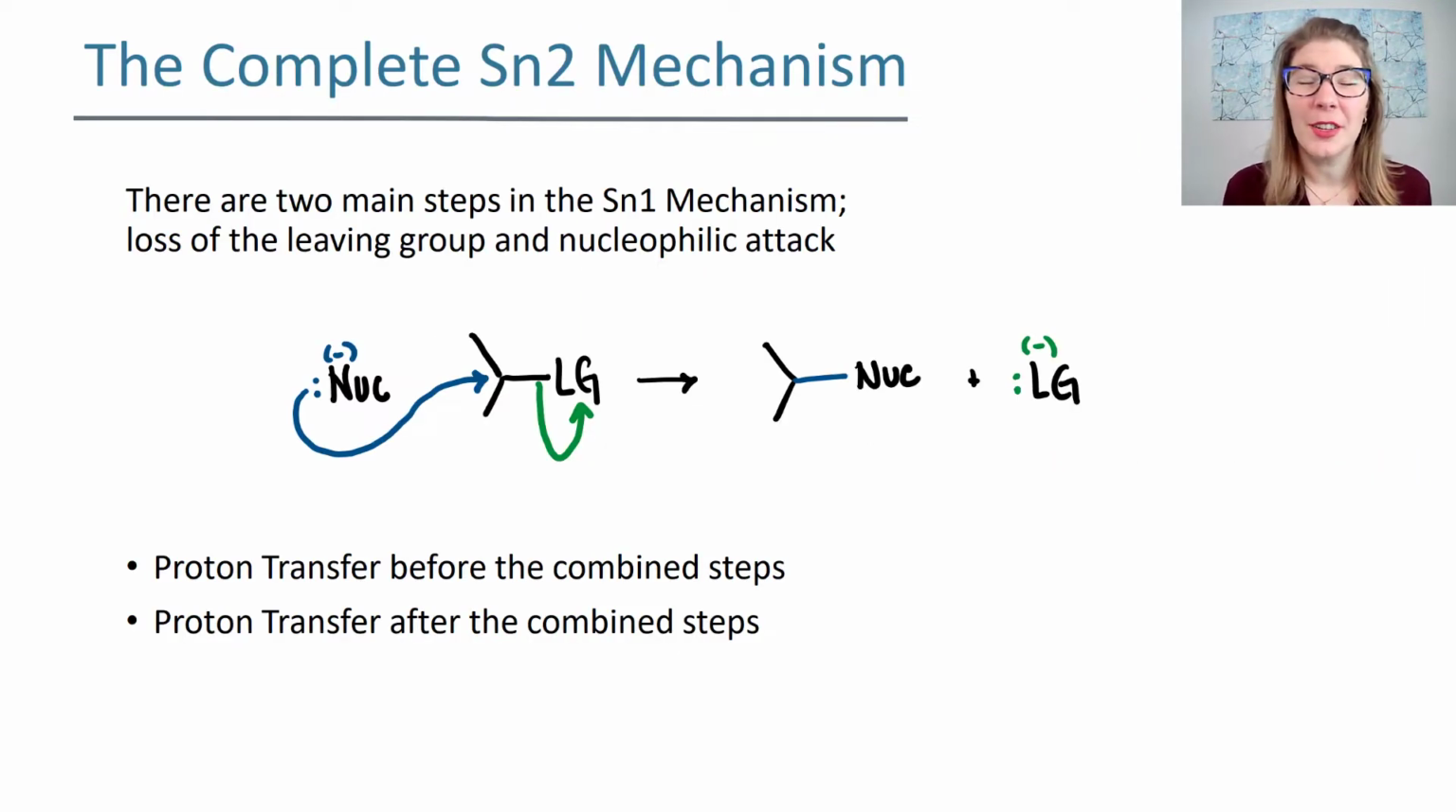Let's start by reminding ourselves what the Sn2 mechanism looks like. In your Sn2 mechanism, there are two steps that happen at the same time. The nucleophile attacks and pushes out the leaving group, so the leaving group leaves. These two steps are combined, which means that this is a concerted reaction. In this concerted reaction, if you were to have a chiral center at the beginning, you would see inversion of